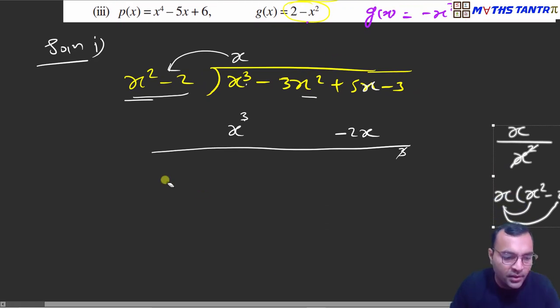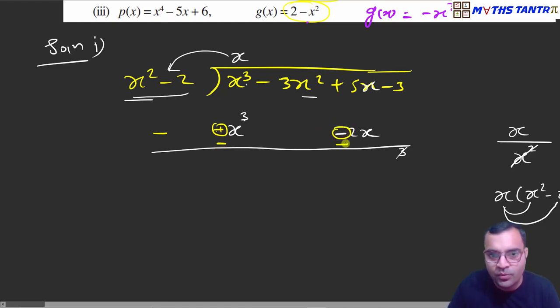Okay, now what was the second rule? While subtraction, what should we do? We should change the sign of the below polynomial. Here plus will become minus. This minus will be changed to plus. Now you can do the calculation. x cube minus x cube is 0. That will get cancelled, obviously. First one will be as it is because no term is below it. So it will be as it is.